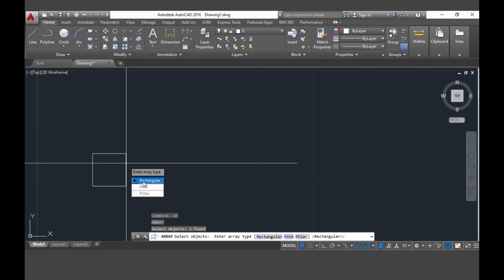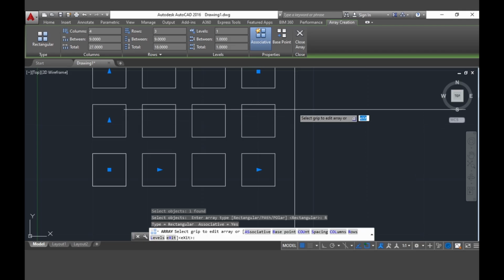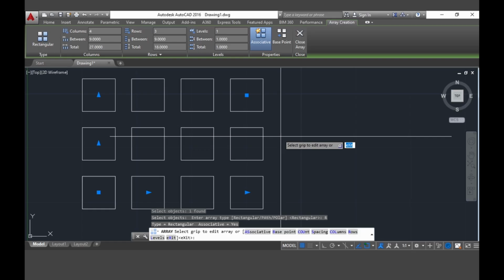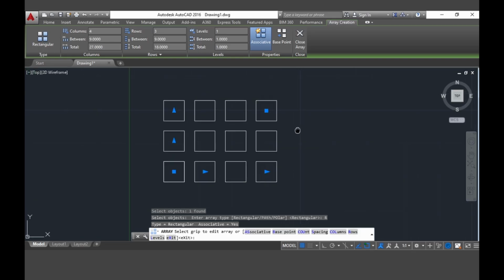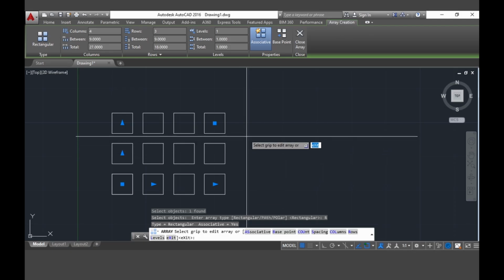what type of array we want, whether rectangular, path, or polar. In this scenario, the much more applicable type of array is the rectangular ones. And after clicking rectangular, it will promptly display this kind of rectangular or box arrays. But I will be only needing 6 boxes,